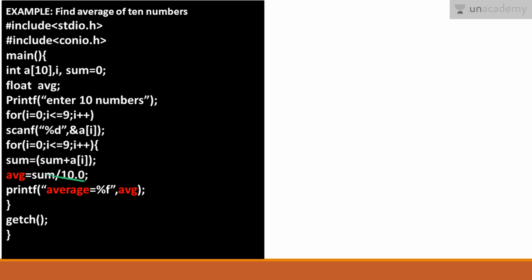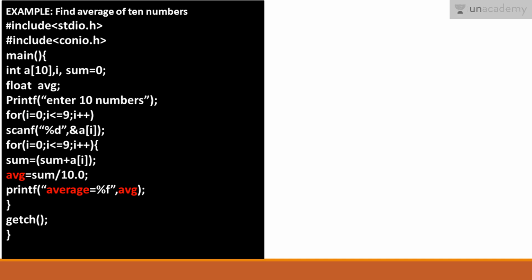Then again when i is equal to 1, then the previous sum value plus a1 will be added, and similarly the process will be the same, and we will get the summation of these 10 numbers, and average can be found out by dividing the sum by the number of elements. So this will help us to find the average of 10 numbers.